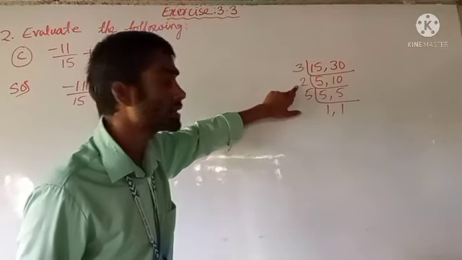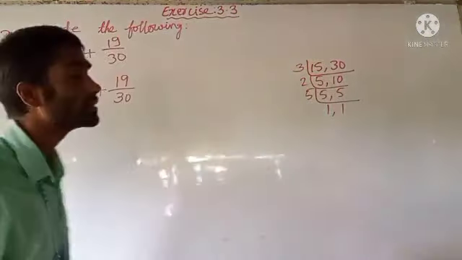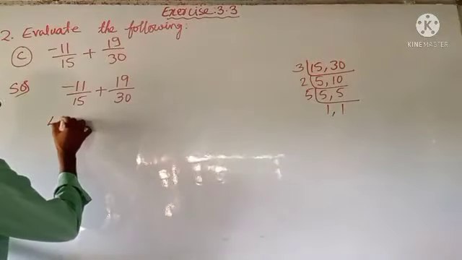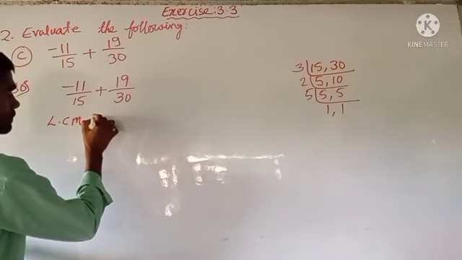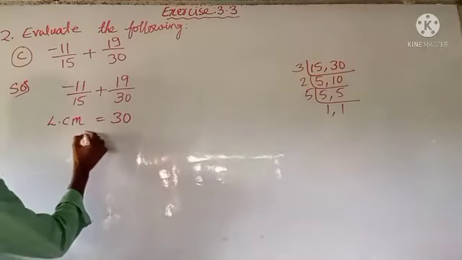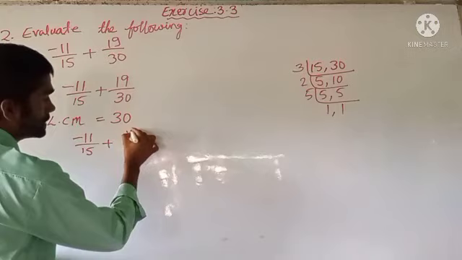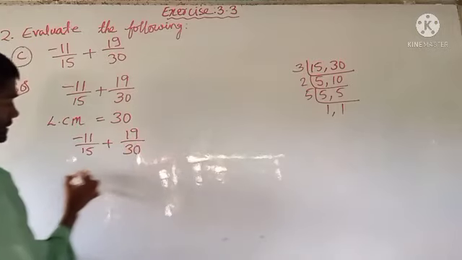So 3 into 2 it is 6. 6 into 5 it is 30. So we got the LCM, that is 30. So we will write here LCM is equal to 30. Now we will write the fraction, that is minus 11 by 15 plus 19 by 30 is